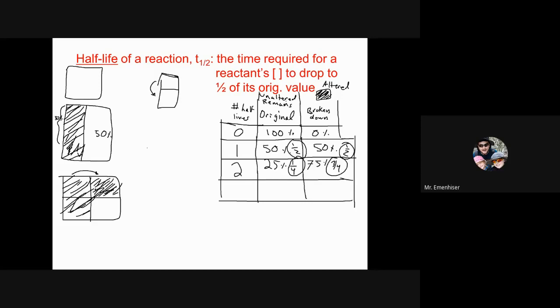Okay, now I have a fourth, and so I'm going to take a fourth, and I'm going to cut it in half. So I'm going to take this little box, and I'm going to fold it in half, and I'm going to cover and alter half of it. So this is 3 half-lives, and so we're going to have half of 25%, which is 12.5%, which will be 1/8. 100 minus 12.5 is what's going to be broken down. 87.5%,